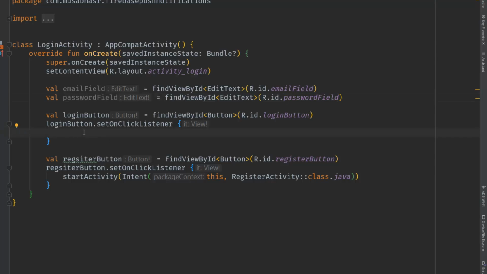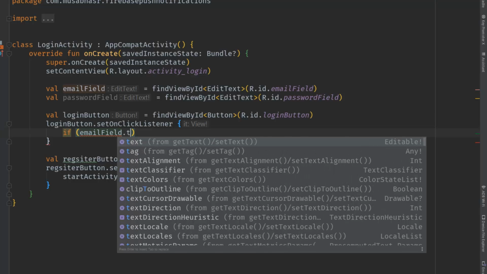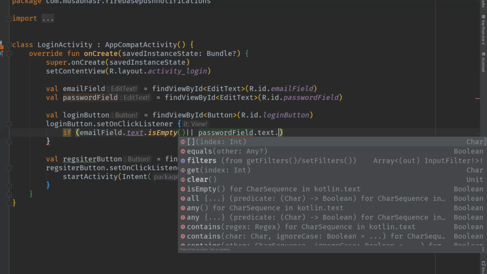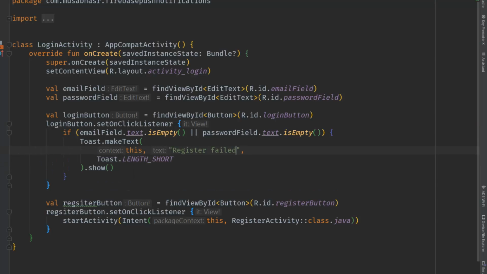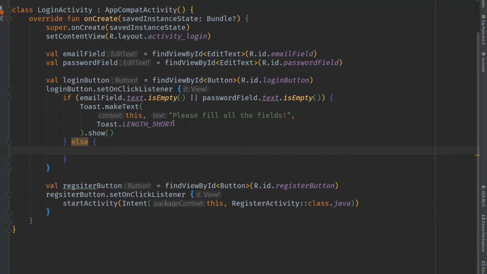And from here in the login, we will use the same way to validate the emptiness of the fields. So we will check if the email field dot text is empty, or password field dot text is empty. If one of them is empty, we will show a toast. I just pasted the toast code, and we will say please fill all the fields, else that means everything is good and we can start collecting